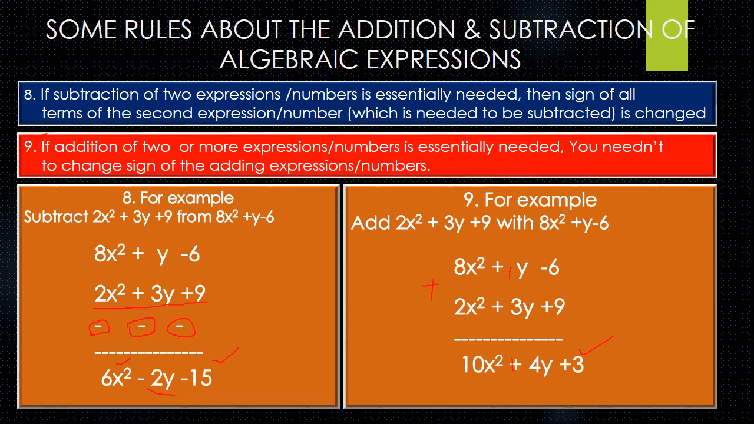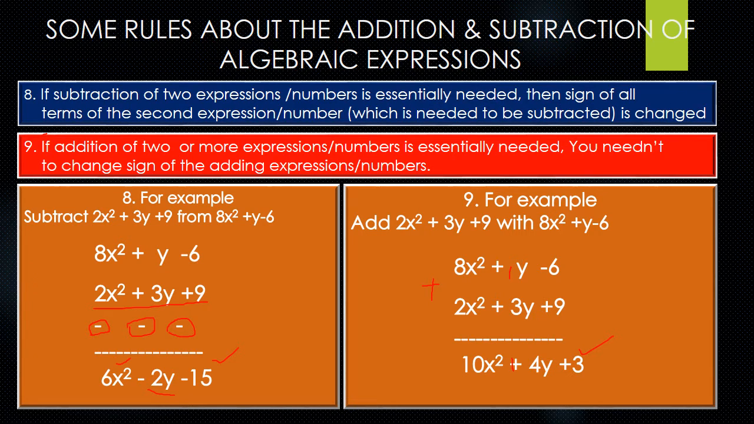Now you look at the second example. Here two expressions have been given and I have to add them. While adding two expressions, in rule number 9 it has been given, if addition of two or more expressions or numbers is essentially needed, you needn't change the sign of the adding expression. So here while we are adding two expressions, we do not change the sign of the second expression. Now you look at here,